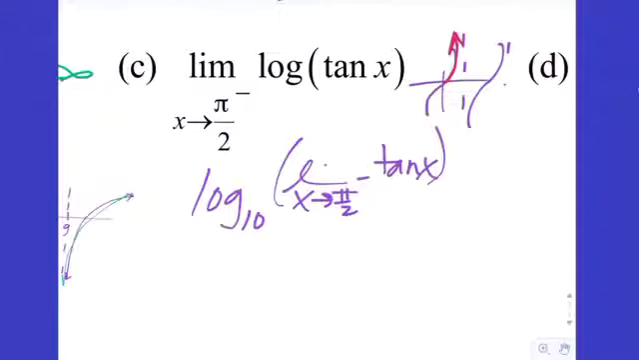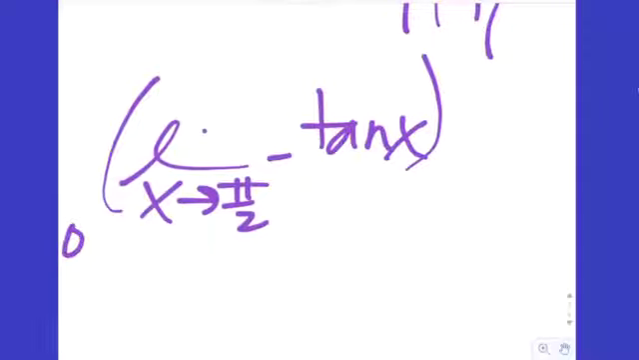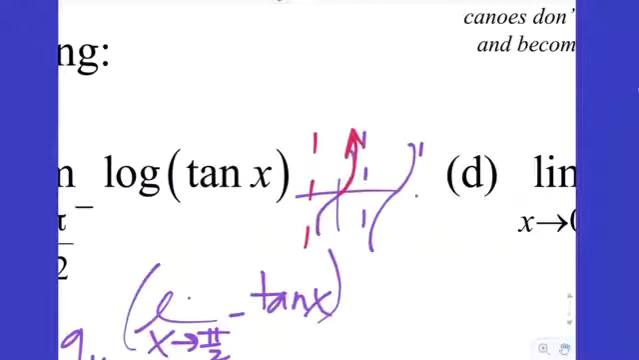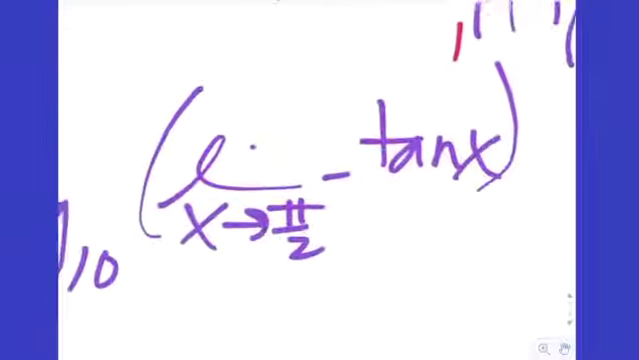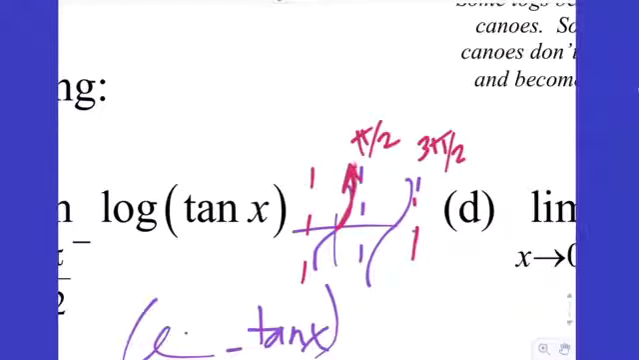If you bring the limit inside, like I did on the line below, now you're just focusing on the tangent part. You got to know what tangent looks like. So remember, this is what tangent looks like. It has vertical asymptotes every odd pi halves. So 1 pi halves, 3 pi halves, so on and so forth. Because we're approaching the vertical asymptote then from the left, here's pi halves right here, we're approaching from the left,